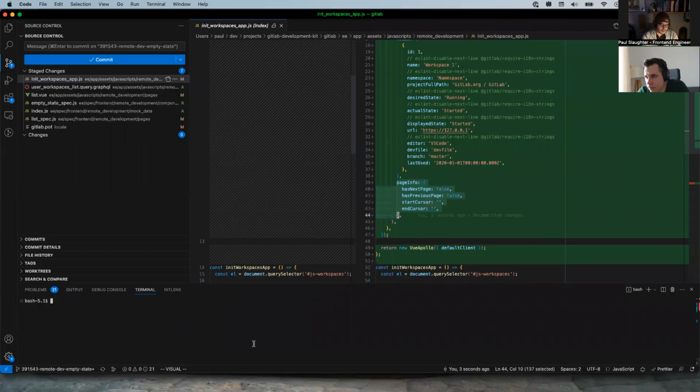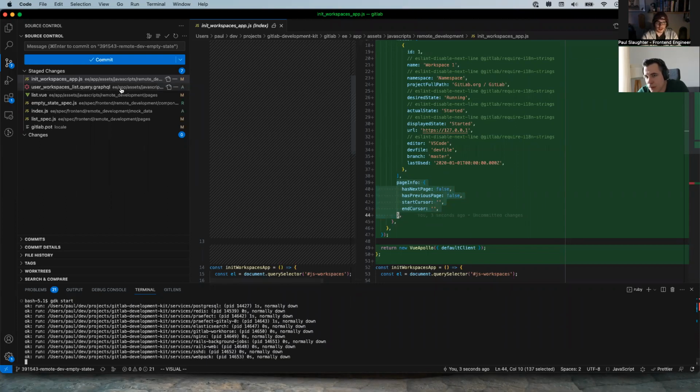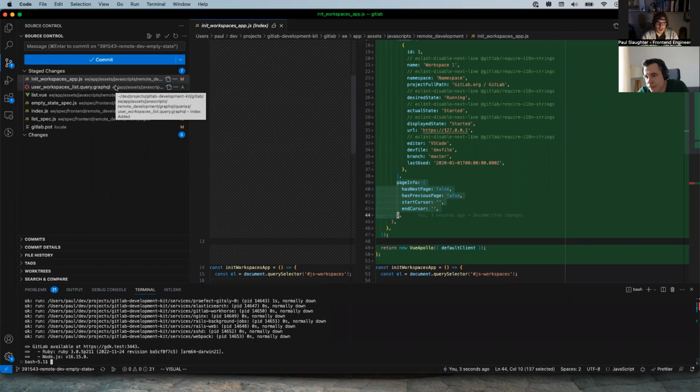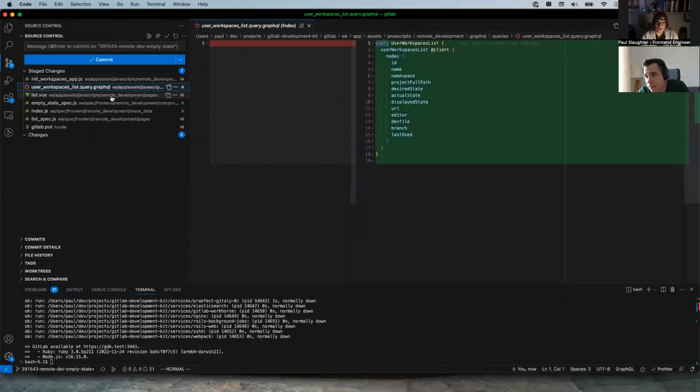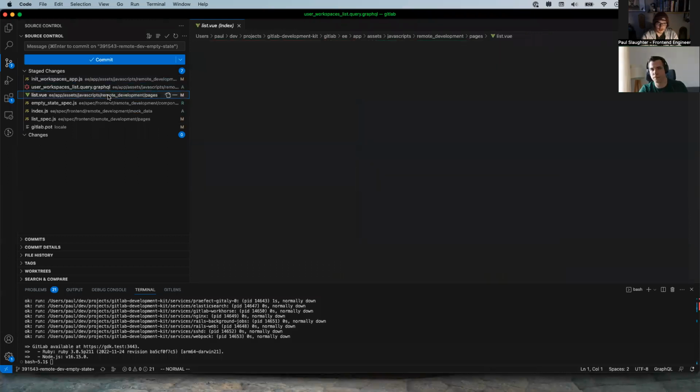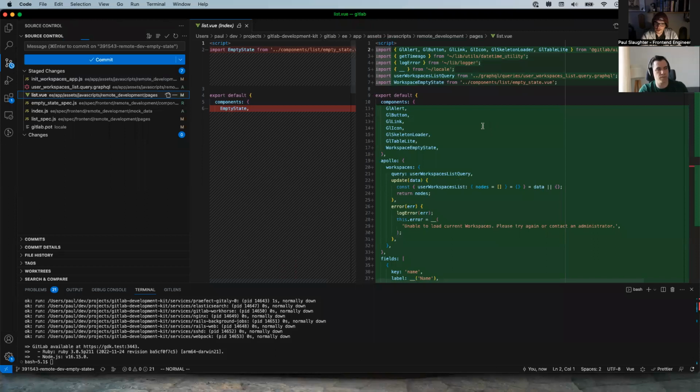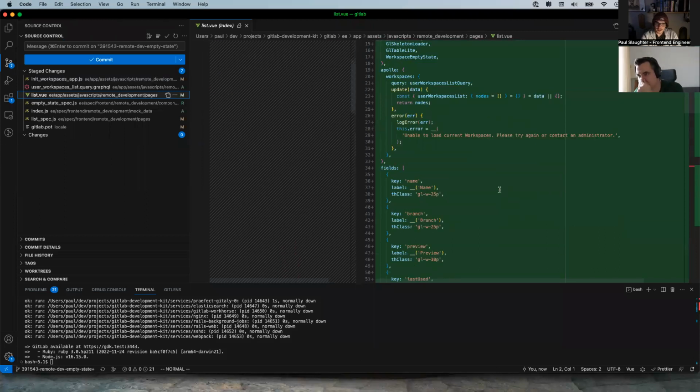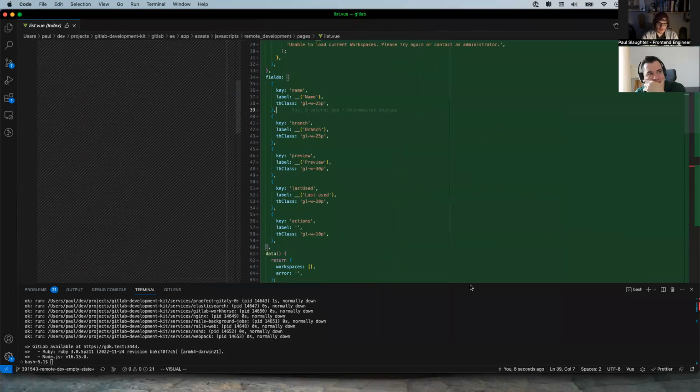All right, let me go ahead and start the GDK so we can test this out. All right, there's our cool little query. Here is where we're making some. Let's look at this file.